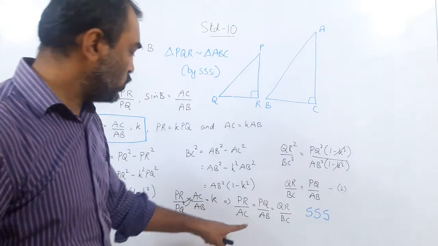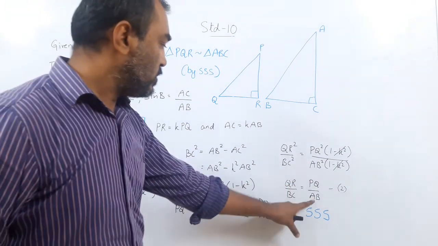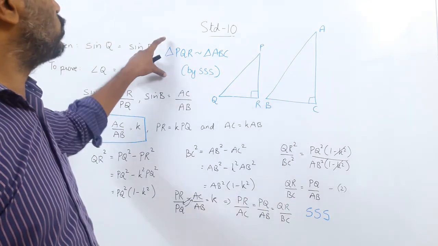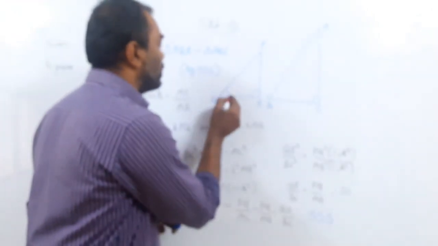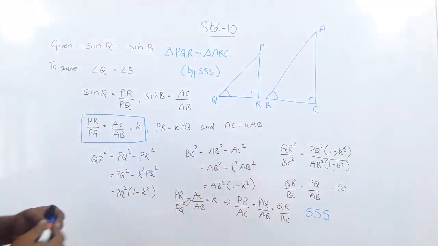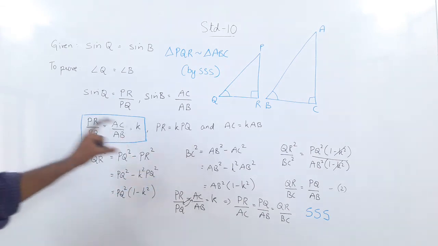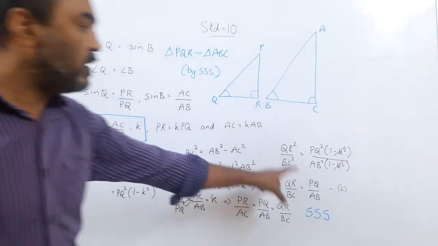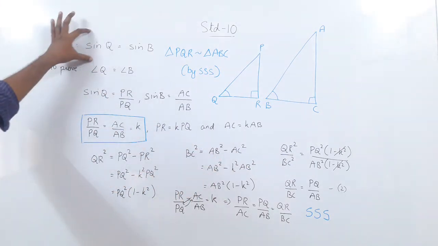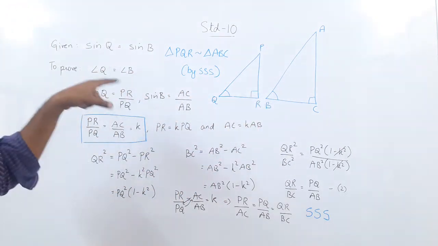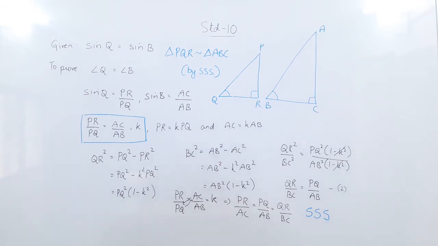Okay? Because we have showed what? This ratio was K, this ratio is also K, so by SSS these two triangles are similar. And if the triangles are similar, their corresponding angles have to be equal. Right? So the book has done this arrangement first and then got to the Pythagoras theorem. I did it differently. I first went to the Pythagoras theorem and then did the arrangement, but in either case, if sine Q equal to sine B, then angle Q is equal to angle B. Okay? So follow this sum very closely and repeat it one more time till you are thorough with it.